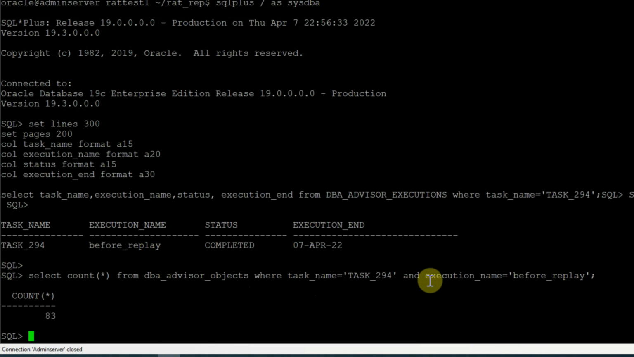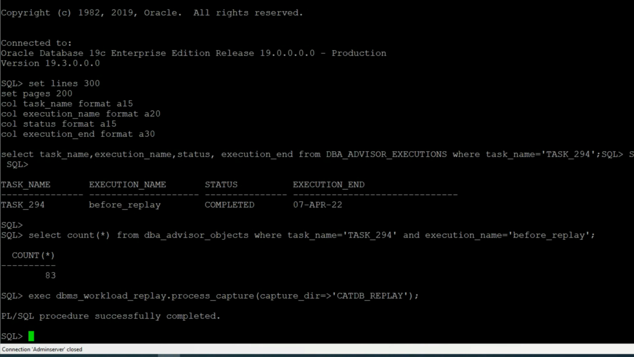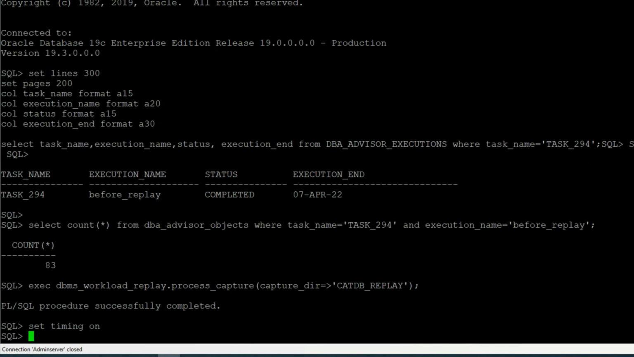Now before we start our replay, there are a few more small steps involved, and the first of those is the process capture step. So we are executing one command called DBMS_WORKLOAD_REPLAY.PROCESS_CAPTURE, and the capture directory is catdb_replay. So whatever capture information is available in this catdb directory, it will process that. So we will run it and it should take a few seconds. Yes, it is completed. And then we will run another command to initialize the replay using this command,